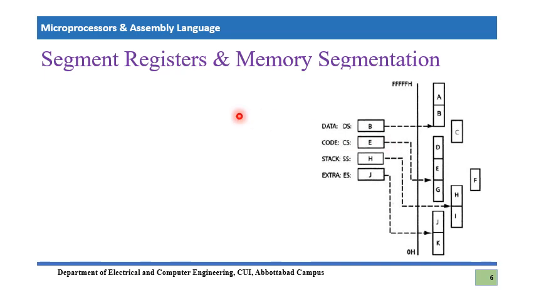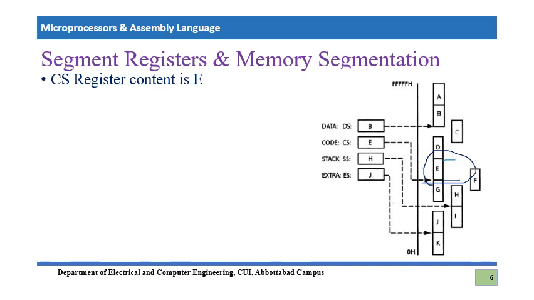Well, in this slide we are going to discuss the code segment register and its content. Here we see in this diagram the value of the code segment register is E, which is pointing towards this segment. Which segment? This segment, that is E segment, and that is the minimum address of each segment, and that is the maximum address of each segment. This minimum address is pointed to by this value, which is E, and it is written in CS. So the CS register content is E.